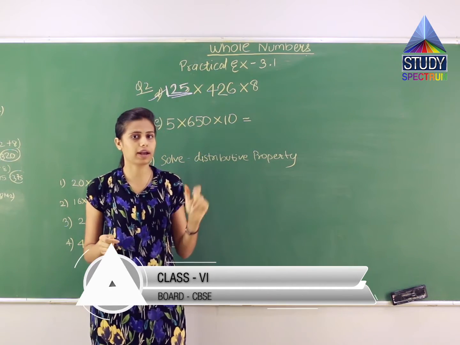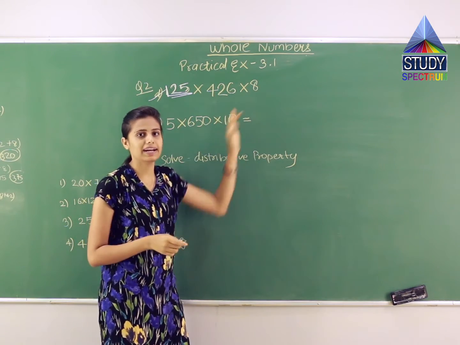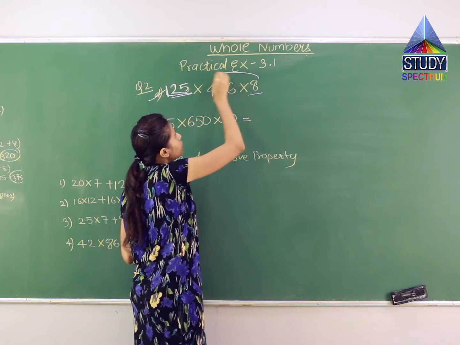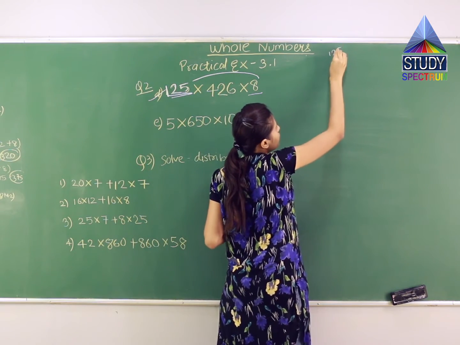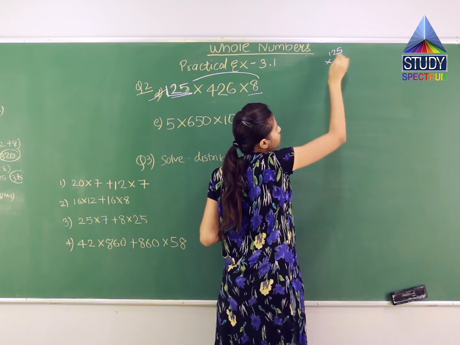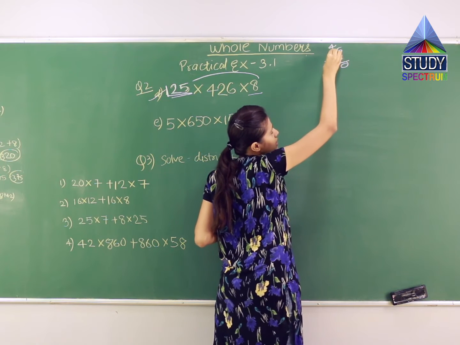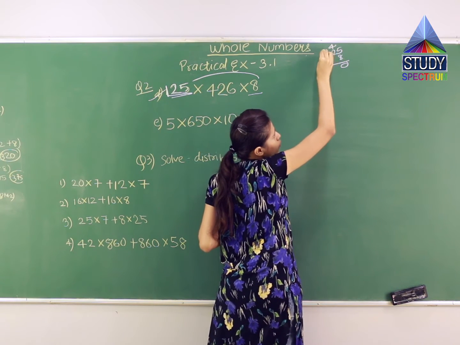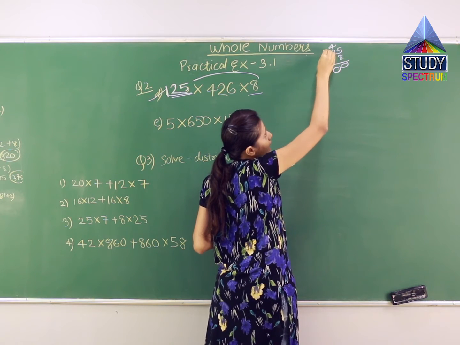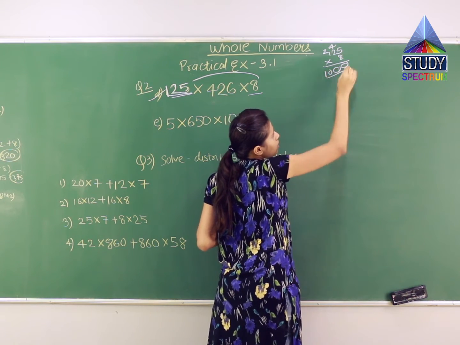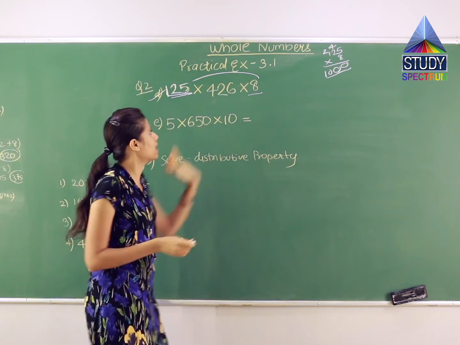multiple of 5 and a smaller number. So over here 426 is smaller or 8, right? So I'll multiply both of this first. Let us multiply them. So it will be 125 multiplied by 8. 8 5s are 40. 8 2s are 16, 16 plus 4 is 20. So 2 and 0 over here. 8 1s are 8, 9, 10. So I get 1000. So this 1000 I'll write it over here.